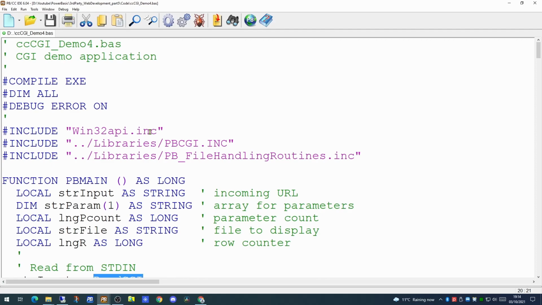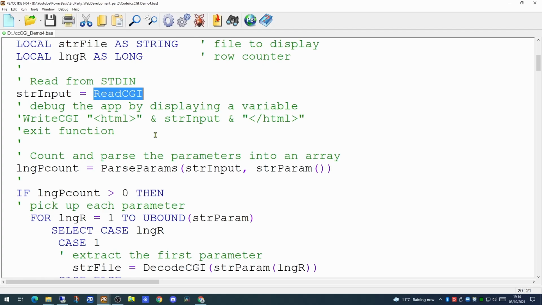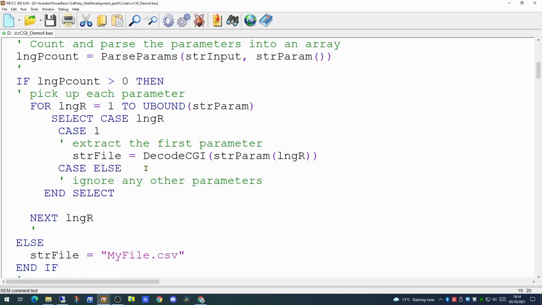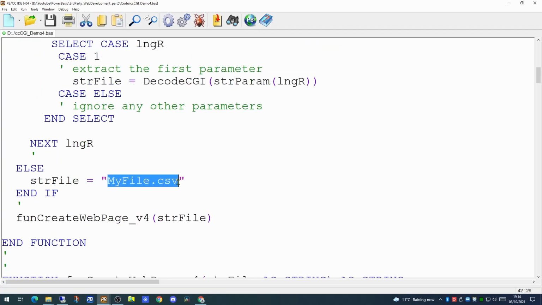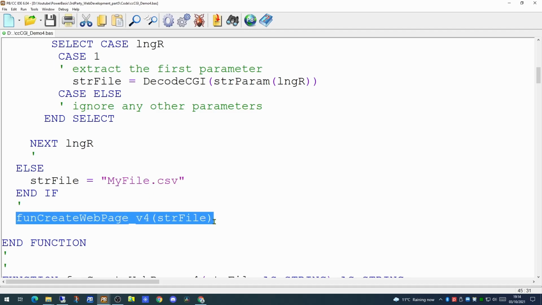So we've taken our Demo 3 source code and renamed it to Demo 4. The application at the moment takes an input in from the standard input. We then parse the parameters to work out how many parameters there are, and if there is a single parameter, we're picking up the name of the file from that parameter. Otherwise, we're defaulting to myfile.csv. And once we've determined the file name, we're then calling a function to create the web page and pass it